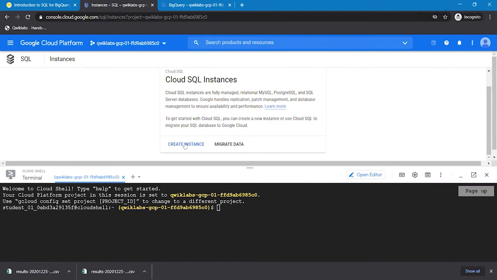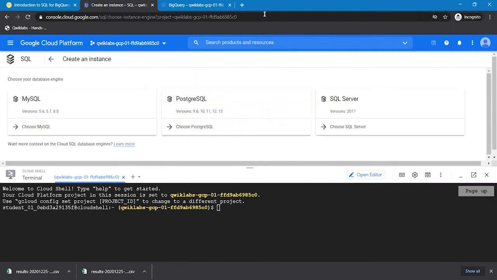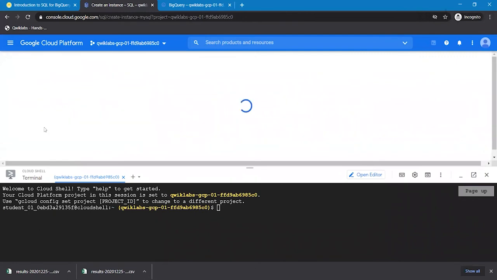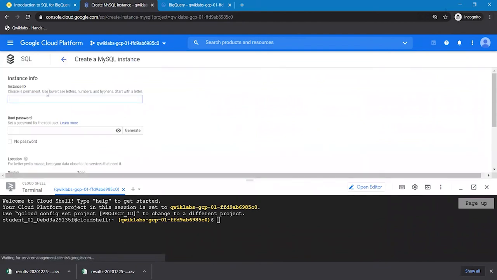So for that, click on create instance. For creating an instance, we are going to select MySQL here. The instance ID is going to be Quick Labs Demo, and the root password, we are going to give it